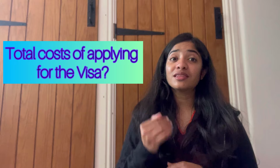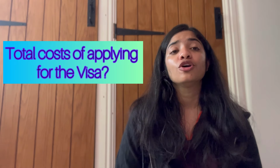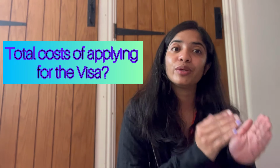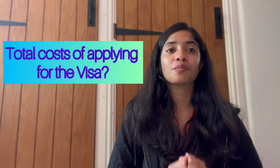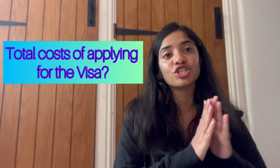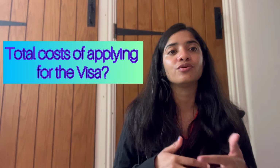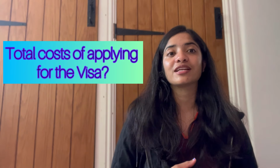Now coming down to the third question, which is what is the proof of funds that is required for you? So the proof of funds is basically an amount of money that you need to have within your bank accounts in India. The UK government does not ask you to pay this as a part of your visa application. However, these funds are just there in your bank account to show that if you come to the UK or move to the UK, you have the financial funds to support yourself. And that is currently, like I said, at